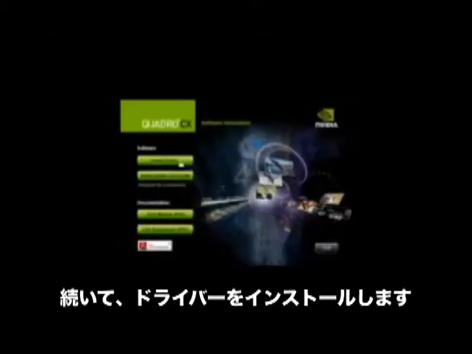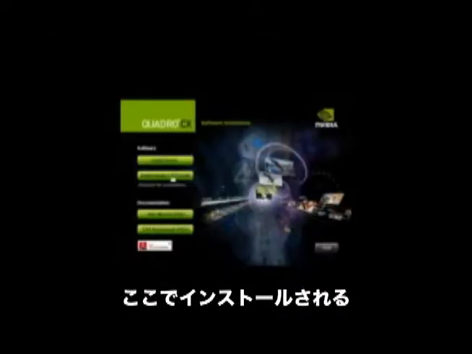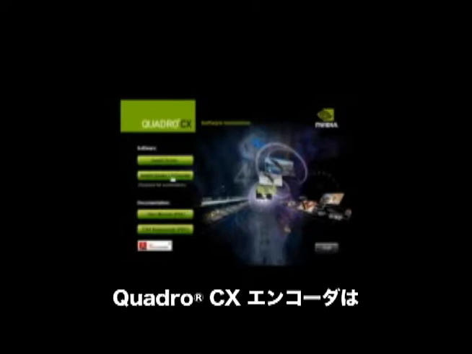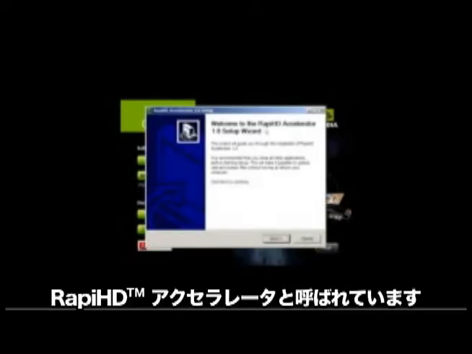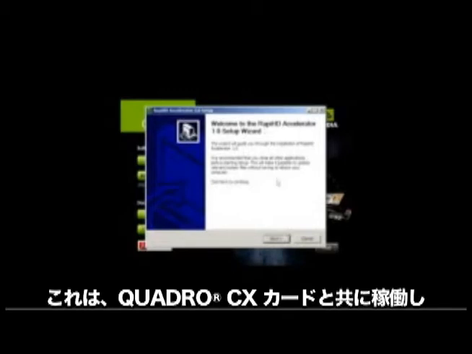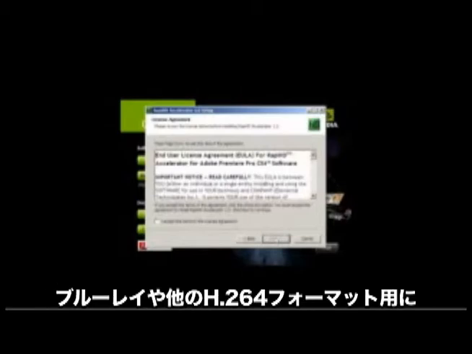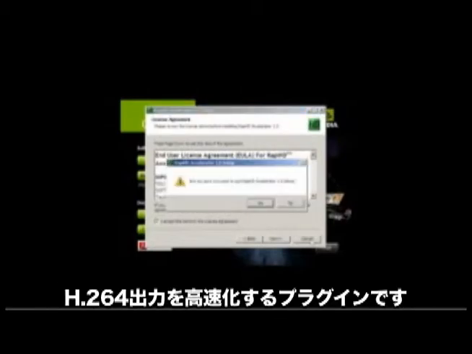The next thing you're going to want to do is install your driver. The next step is to install your Quadro CX encoder, which is the encoder that Premiere Pro will use, which is known as the Rapid HD accelerator. This is the plugin that works with the Quadro CX card to give you accelerated H.264 output for Blu-ray and